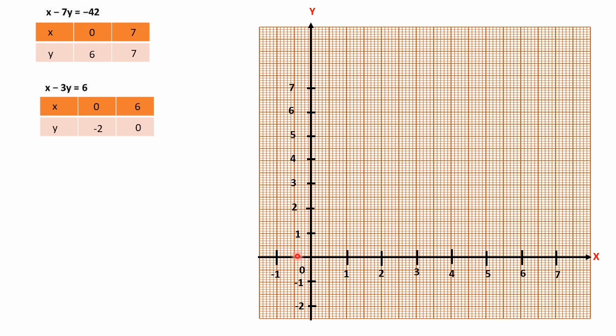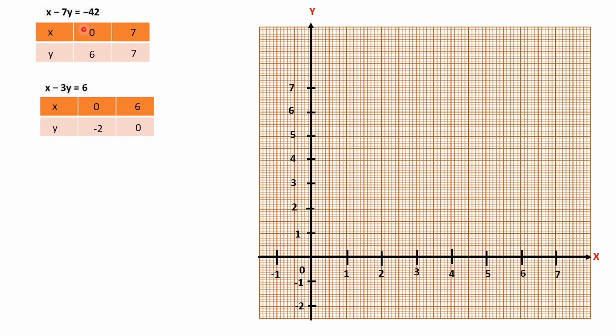Why have we taken 2 columns as 1 unit? To make the graph a little bit bigger, because you can see that the values of x are 0 to 7. If you take 1 column as 1 unit, the graph will be a little bit small, so the data reading will be difficult. To make the graph a little bit bigger, we are just using 2 columns as 1 unit. So now let's plot the points.